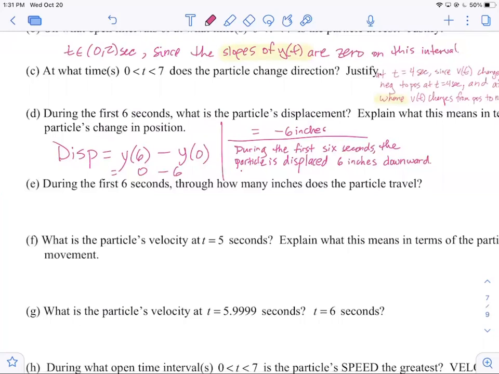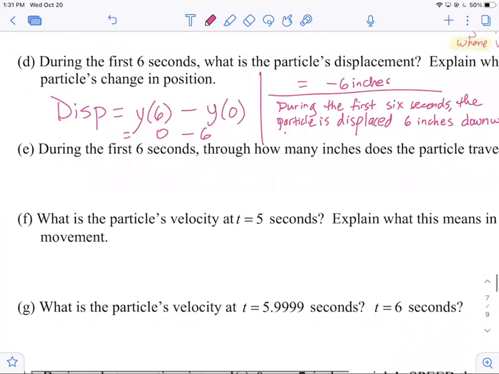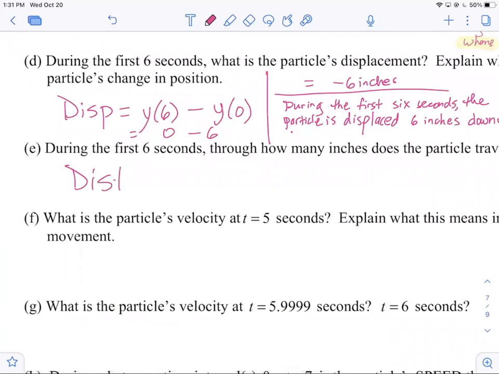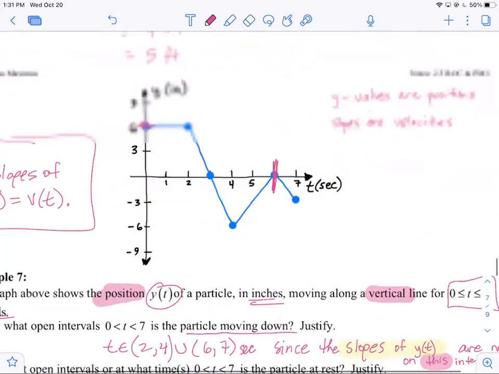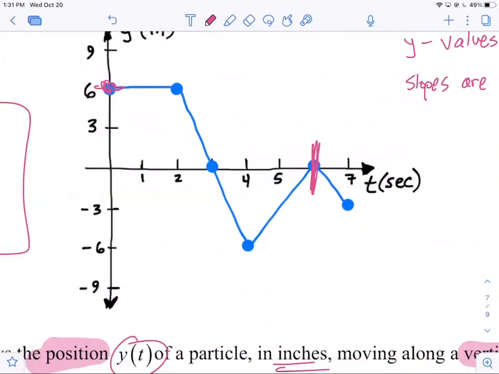How are we doing on time? 4 minutes. During the first 6 seconds, through how many inches does the particle travel? That's total distance, isn't it? Does it say to justify? Thank goodness. Okay. So let's just say distance traveled is. Now, we can kind of do it up here. It travels 6 inches there, and then there's another 6 inches there, and then it travels another 6